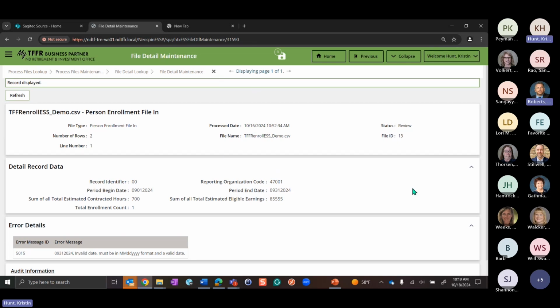I want to step in real quickly and just say one thing to the employers. Software Unlimited and Tyler Technologies have deployed their patch to create the file in the proper format. We have tested the file format that they provided to us and made sure it complied with our system. However, if you have questions on how to produce that file from your vendor system, your vendor will have to answer that if anything's changed about that. I just wanted to clarify that point. But the format the file produces has been tested in our system and should be compliant.